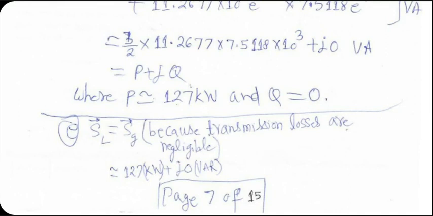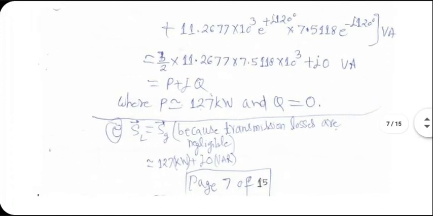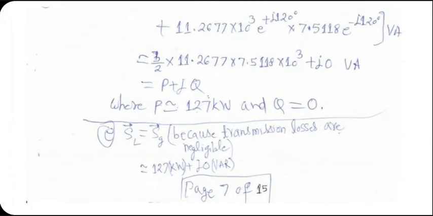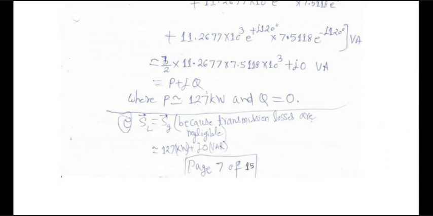On the load side also, it will be the same, because it's a lossless transmission line throughout. So whether it's generator side or load side, you will see that S is purely real. The nature of S is dictated by nature of load primarily, and load is purely resistive. So Q would be 0 on both generator and load side.